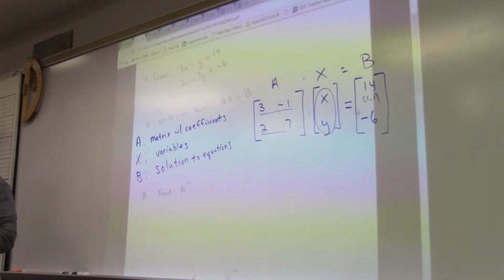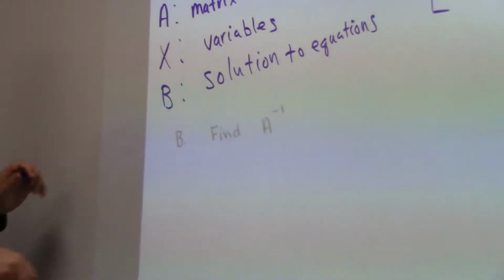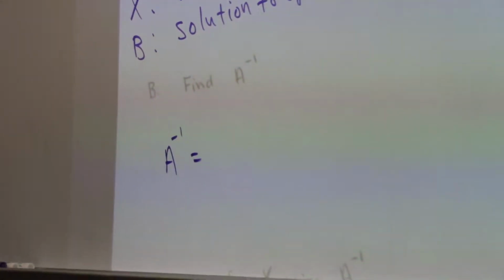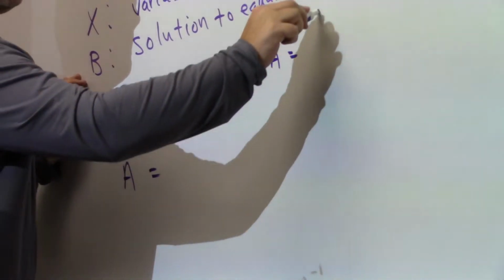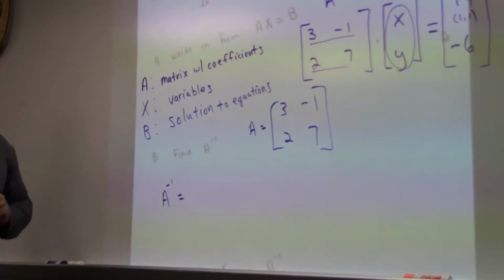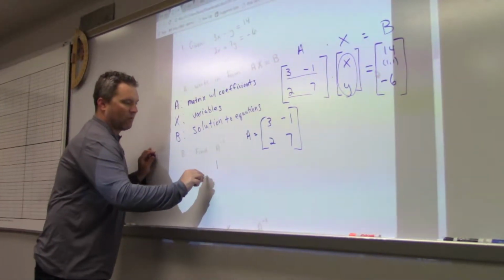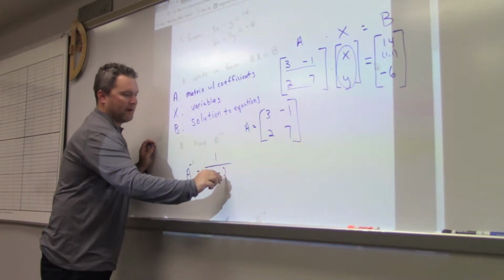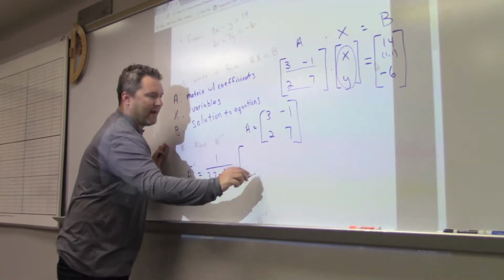Now, find A inverse. Yesterday you learned how to find A inverse, right? So let me rewrite A. A equals 3, -1, 2, 7. To find A inverse, what did you do? You get the scalar 1 divided by 3 times 7 minus 2 times -1. And then we're going to multiply that by